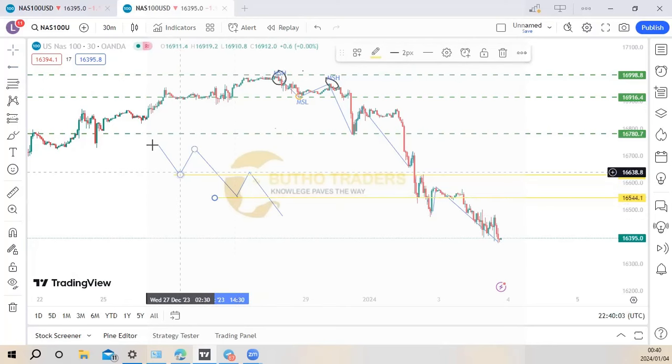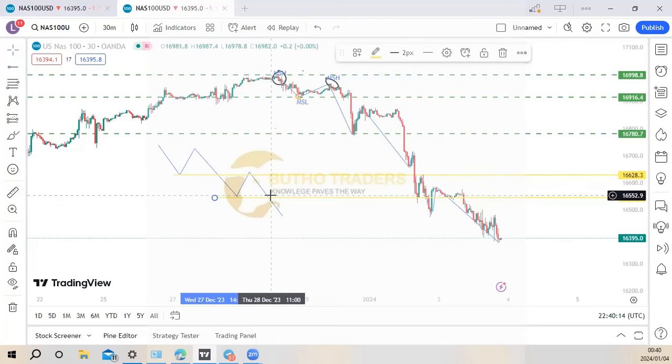Major swing high there, that is created, major swing low, major swing high there, that is created, major swing low, that is created here, major swing high, that is created here, major swing low, that is created here. Then we have a situation whereby the market decides to turn direction. Remember, we are on a bearish movement. So if the market turns direction, giving us a sign of a bullish movement, the situation